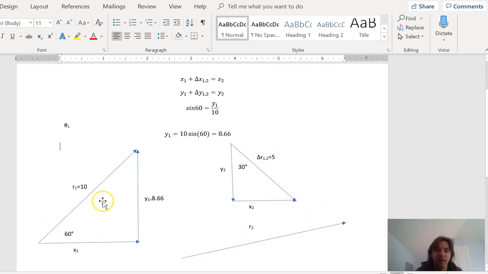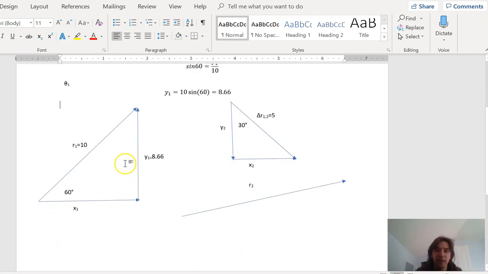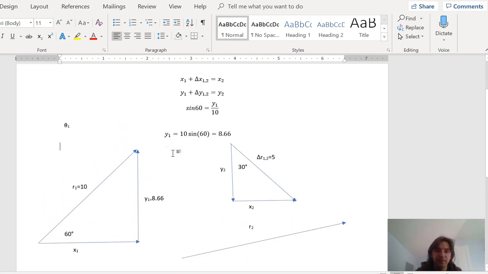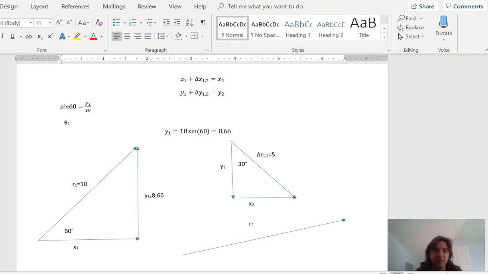Okay, so then what about the other side of the triangle? That's going to require a different trig function. So we could come back in here and say, well, this also means there's another